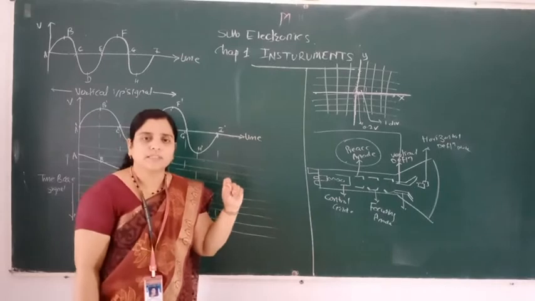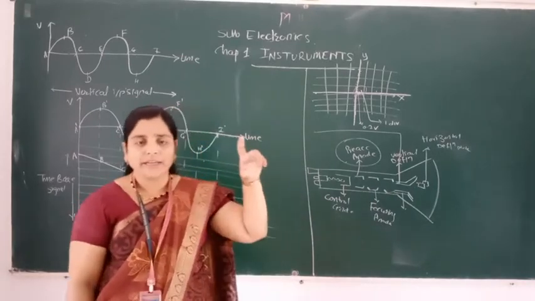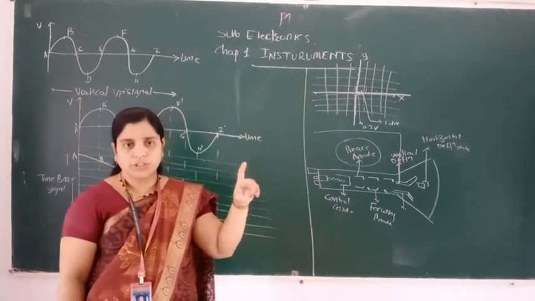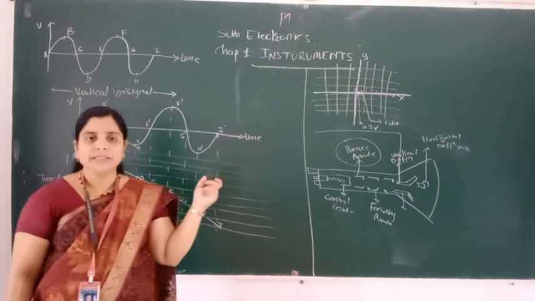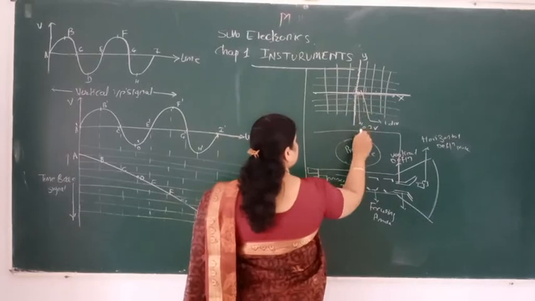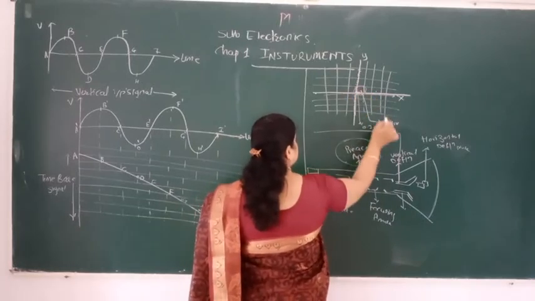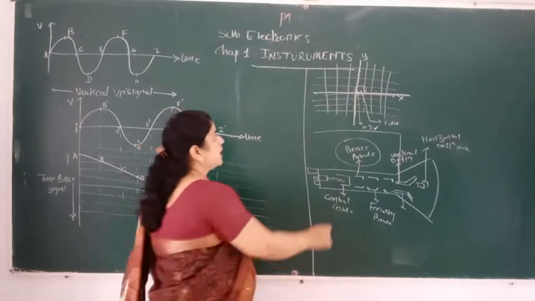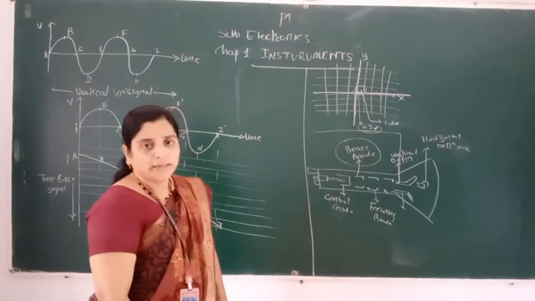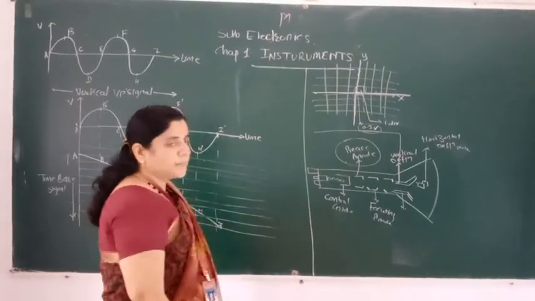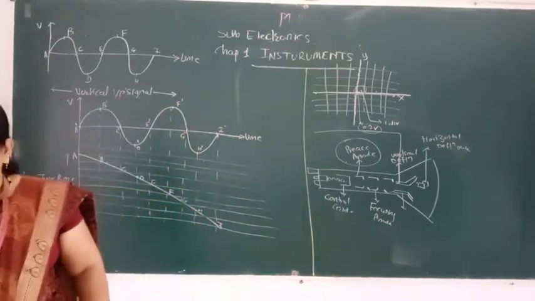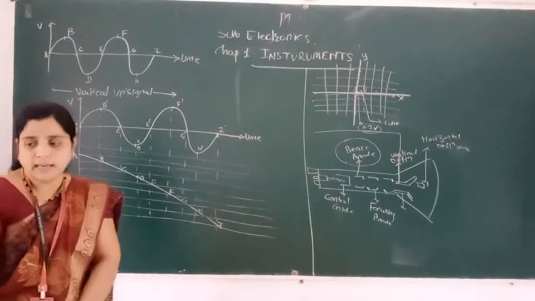You can adjust it by using that horizontal signal switch, and if it moves in the up and down direction, then you can adjust it by the up and down switch. Okay, so this is how to measure the waveform on the CRO. There are 5 lines. One line is equal to 0.2 volt, and one square is called 1 division. So this is the answer to your question, how you will observe the waveform on the CRO screen.